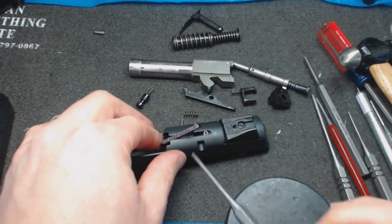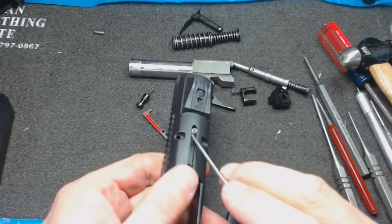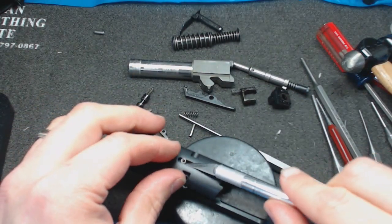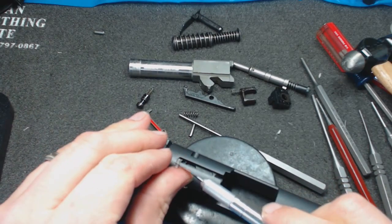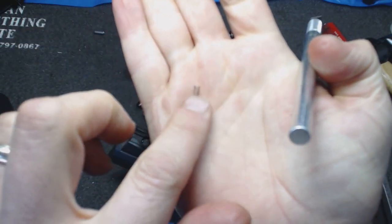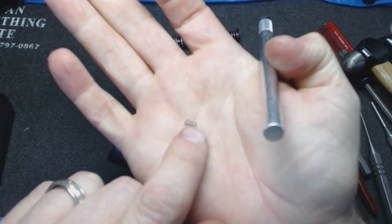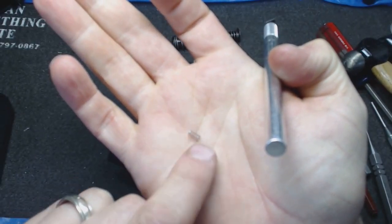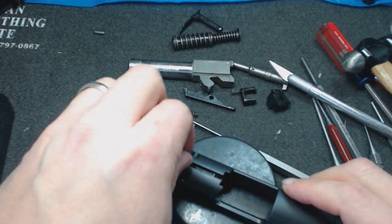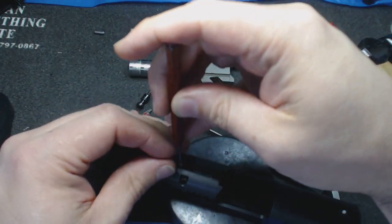This isn't a particularly strong spring, but it is a spring. And actually, this one stays in there pretty well because its bottom is over large. This one actually does have one wide coil at the bottom. So if you pull it out, it's a little hard to get out because of that. And if you pay attention, I'm not sure if you're going to be able to see this on camera or not, but the last coil there on this bottom end is slightly larger than all the others, and so that just lets you know it's the bottom. So when you go to push it back in, you line it up with the hole